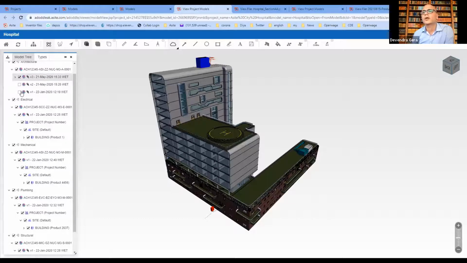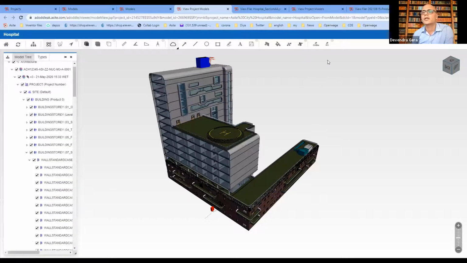So this functionality, model compare, allows you to compare between, say, two architectural model versions which I've uploaded. So I can select my base version as version 1, and the target version as version 3, and I can run this model compare.